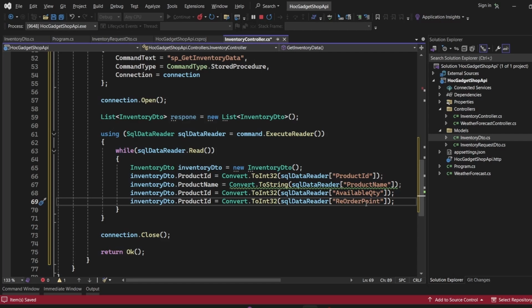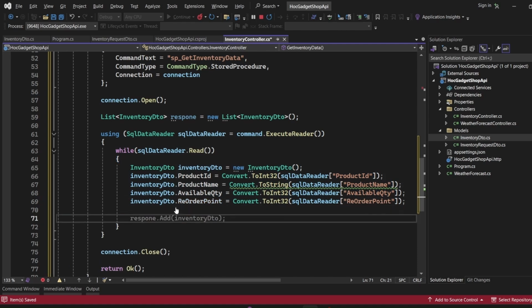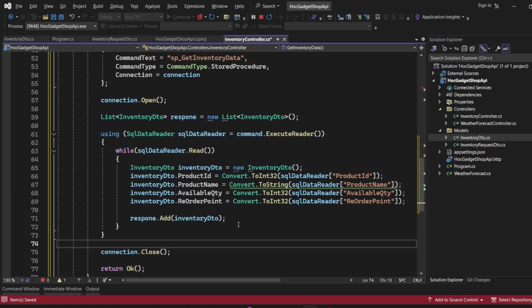So yes, you have to make sure that the names of the columns that you are giving through the reader have to be the exact names that are there in the SQL, because otherwise the data would not be mapped from the SQL data table to your object. Otherwise it would create an issue. But if you give the exact name, then it's not going to be an issue and the code is going to work perfectly fine. So over here you see that IntelliSense is giving me the suggestion as well that we want to add the DTO into this list. So we'll just take the suggestion, and we have successfully added our DTO to the response.